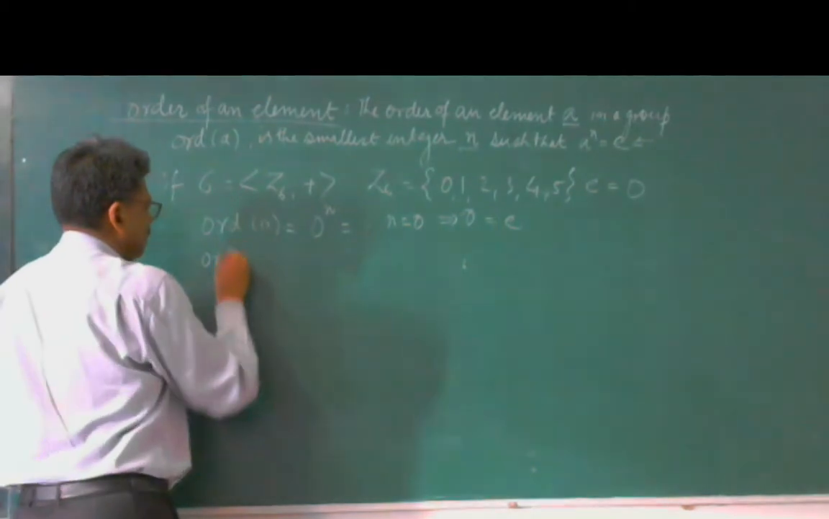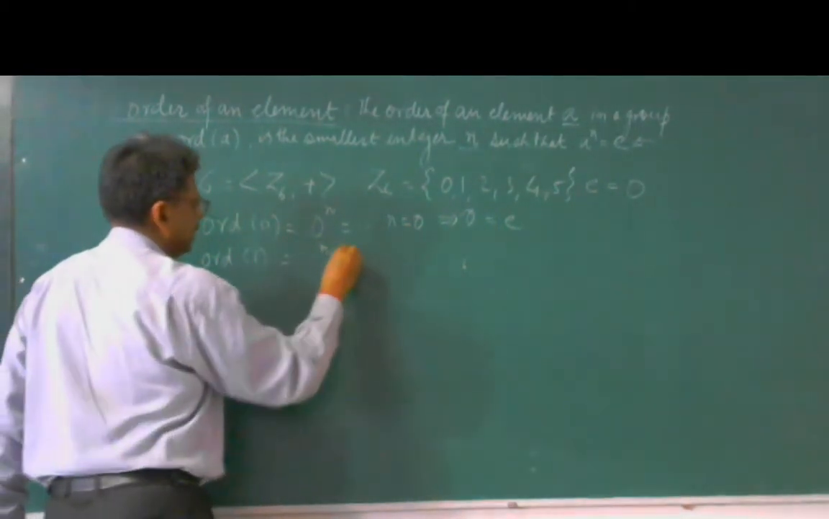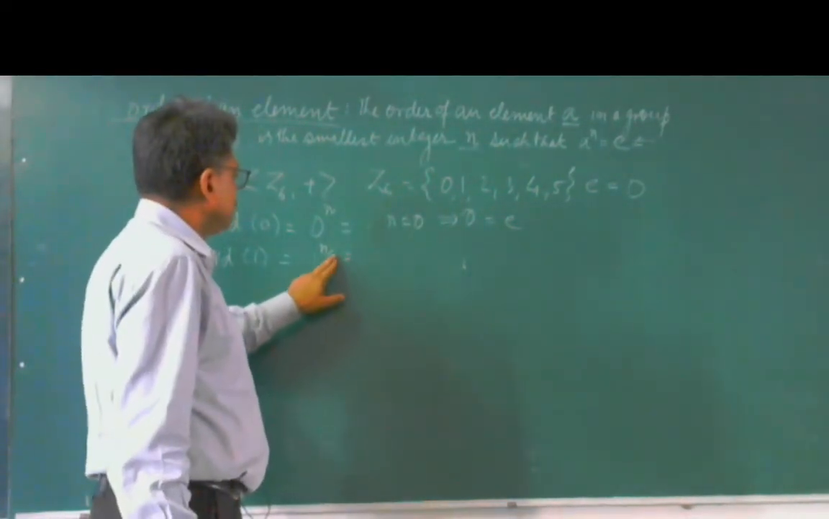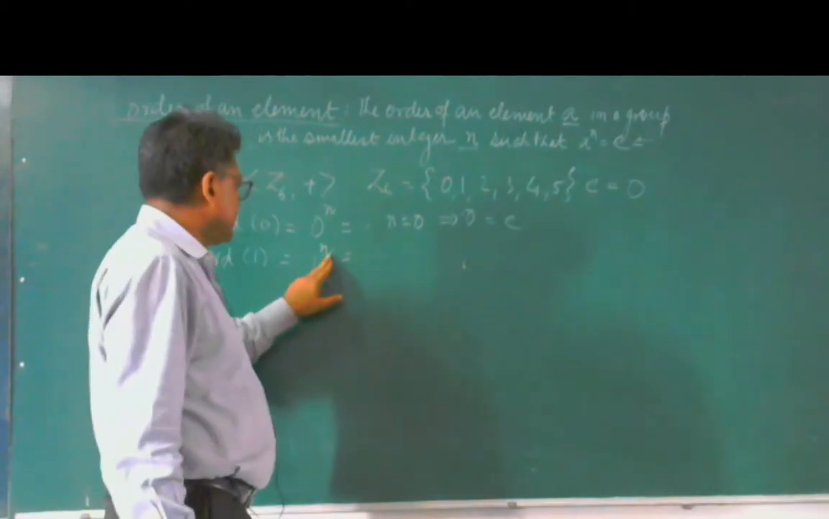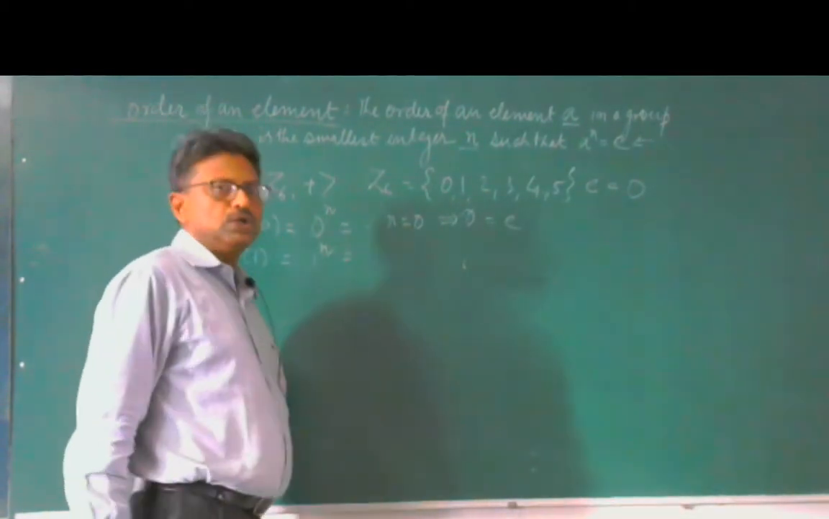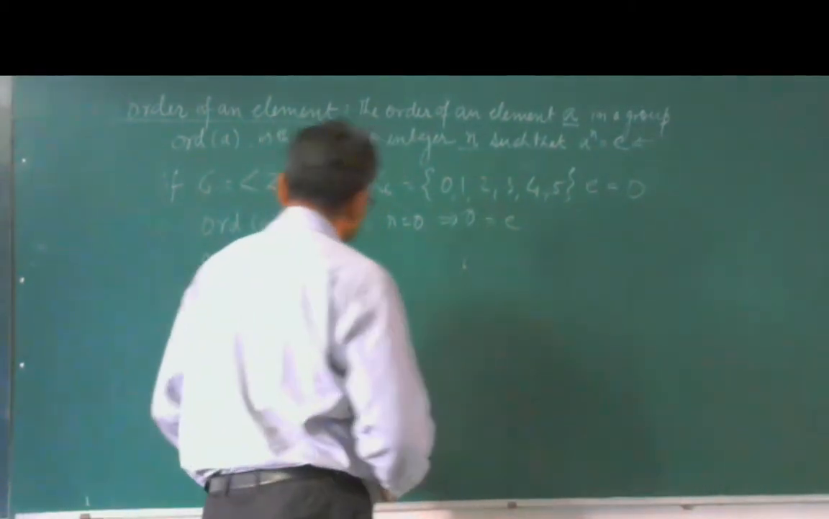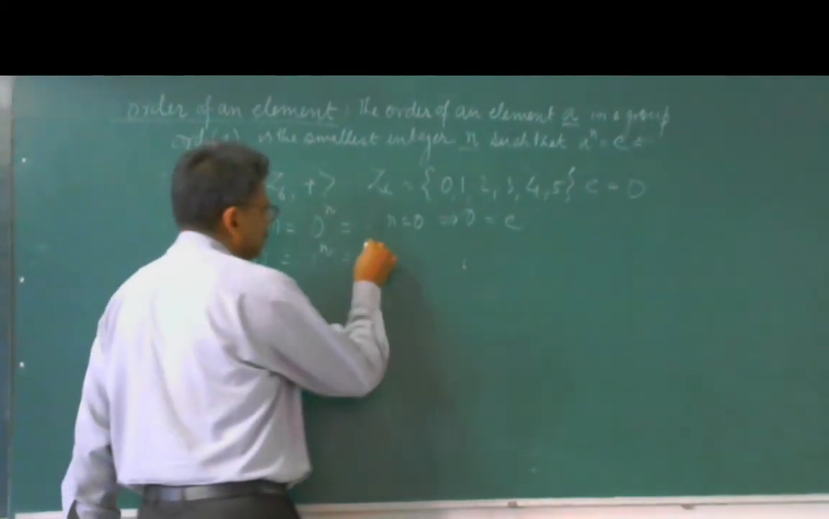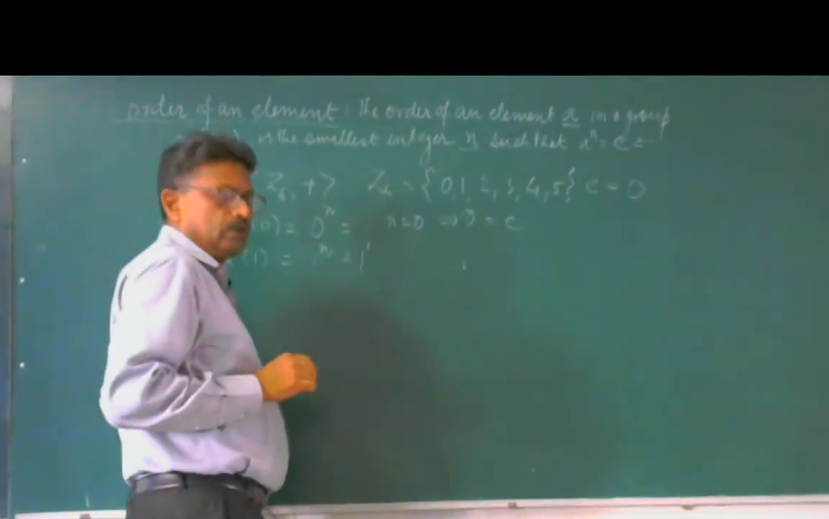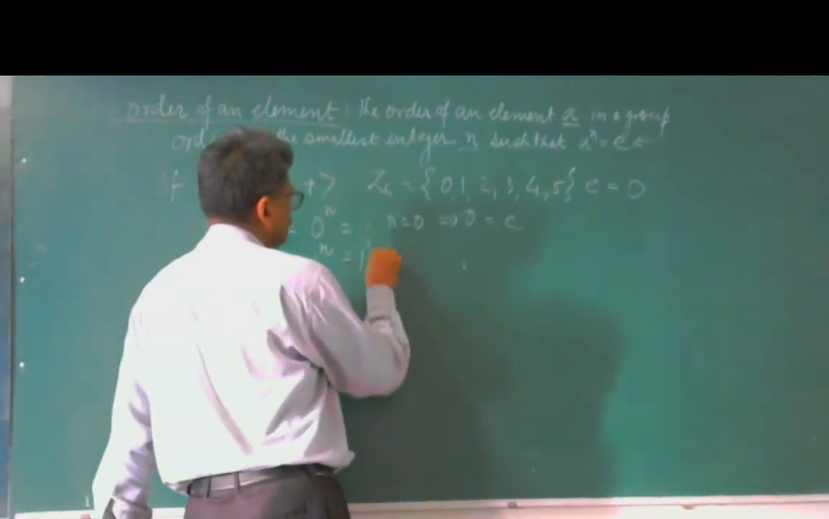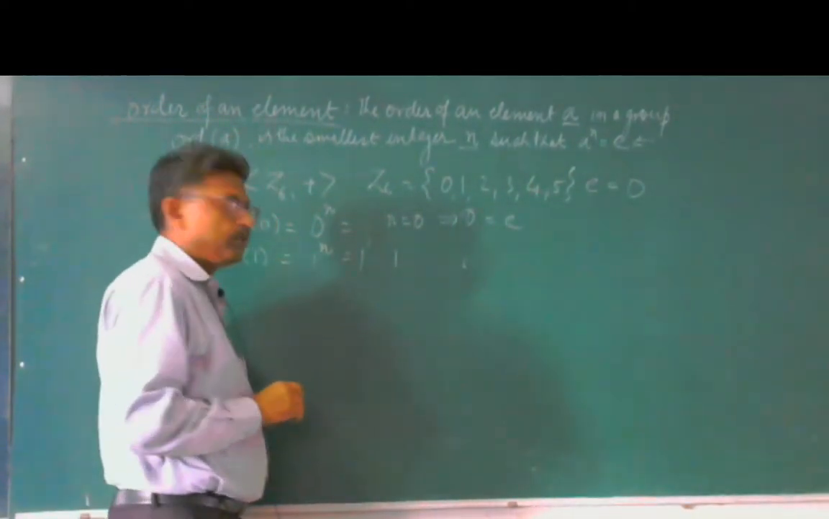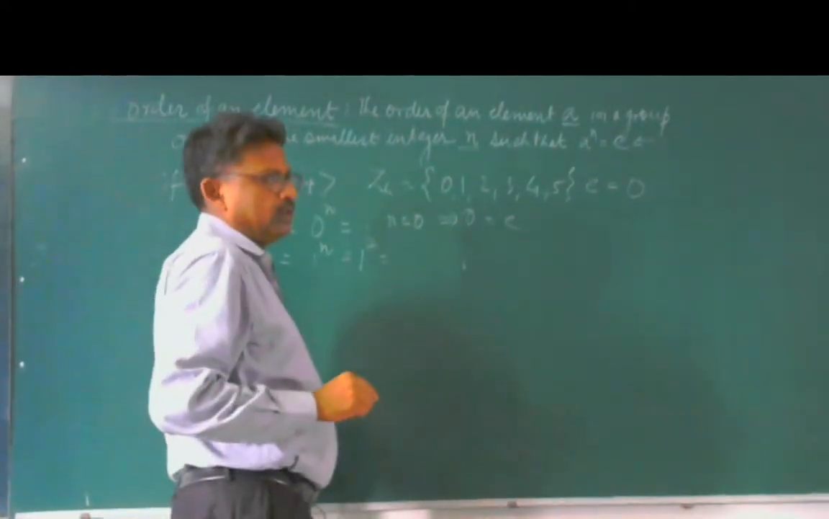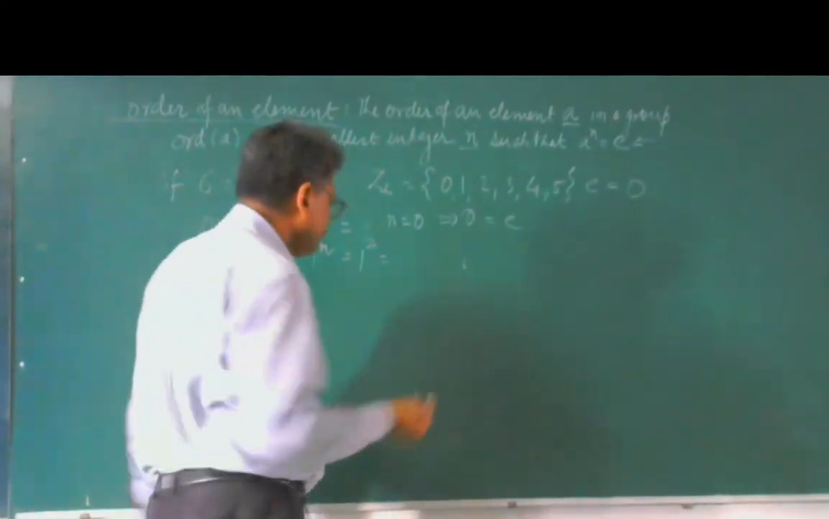Let us check the order of 1. What you have to do? 1 to the power n. What will be the value of n such that 1 to the power n is equal to the identity element, which is 0? Suppose n is equal to 1. In that case, 1 to the power 1 is equal to 1, so 1 cannot be the order of the element. If we take n is equal to 2,